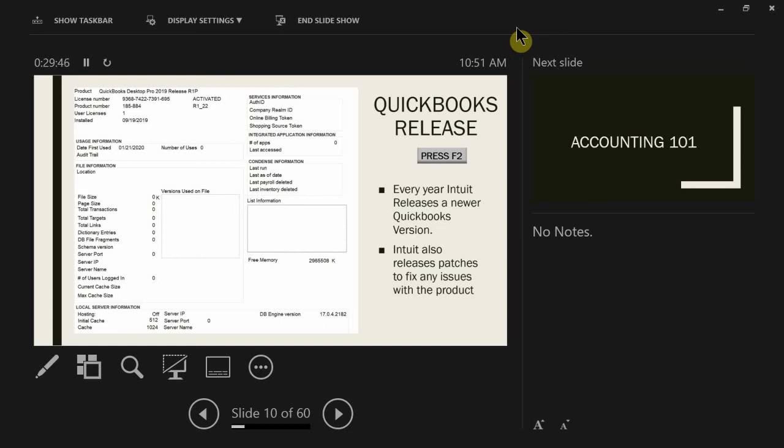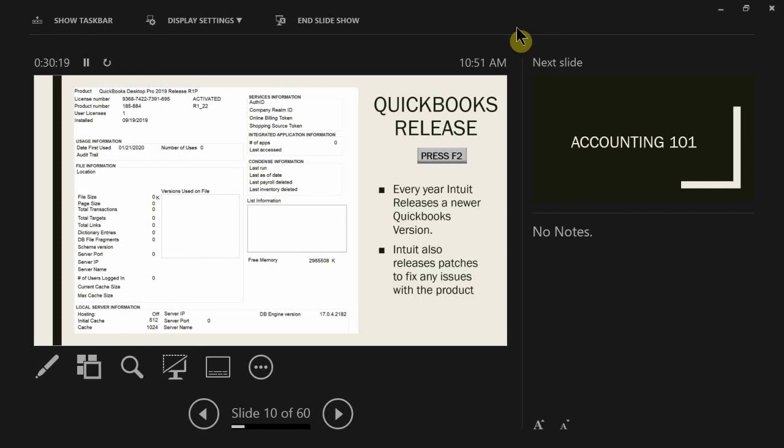Now we'll talk about when you need to actually update your programs, because here's the thing. QuickBooks releases a new QuickBooks every year, correct? There's always a 2020, a 2021, right? Something's always changing every year. However, companies are not obligated to reinvest, because the QuickBooks program is expensive as is. The Pro already is